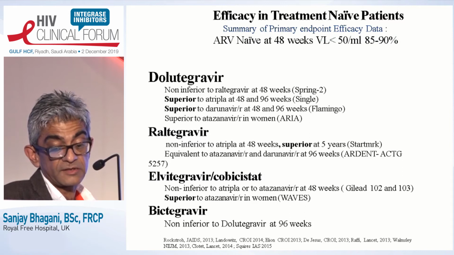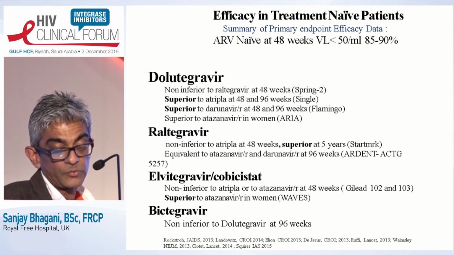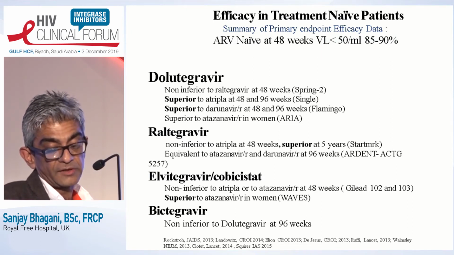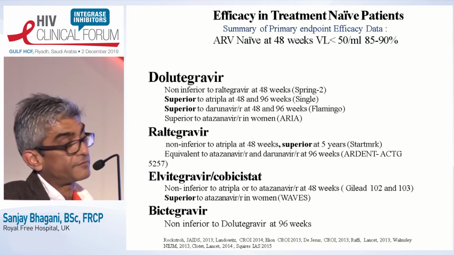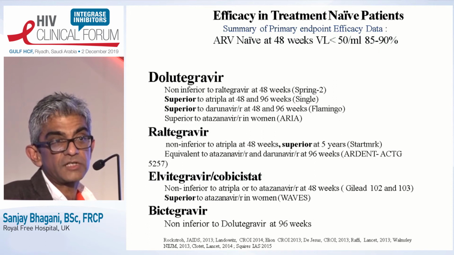Elvitegravir cobicistat is non-inferior to Atripla or to atazanavir at 48 weeks, and in a women's study called WAVES, it was found to be superior to atazanavir ritonavir. Bictegravir, as we've seen, is non-inferior to dolutegravir,